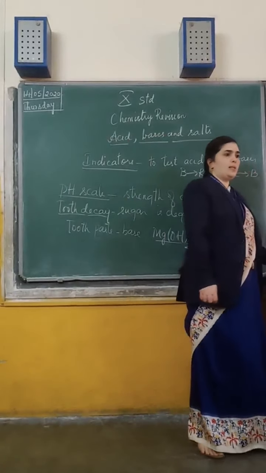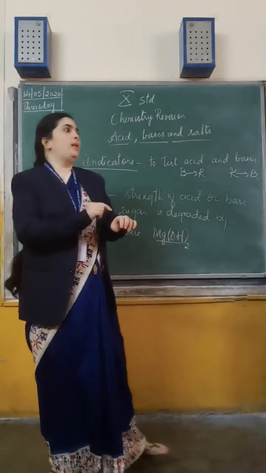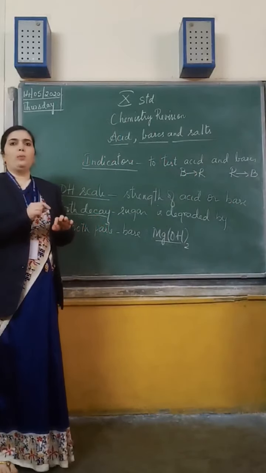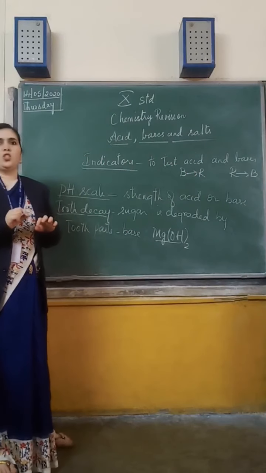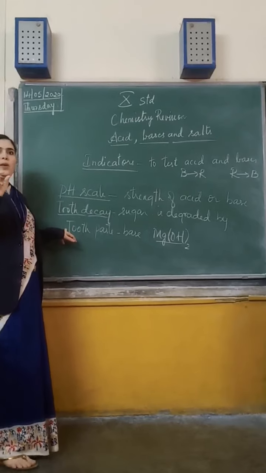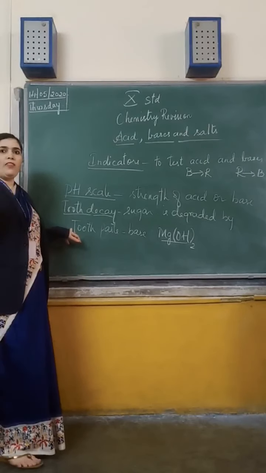Even if there is a bee sting or an ant sting, what will happen on that part of your body? It will get inflamed. Okay, it will become red. It causes a burning sensation and itching. That is because a slight acid is liberated from the ants or the bees when it stings you.